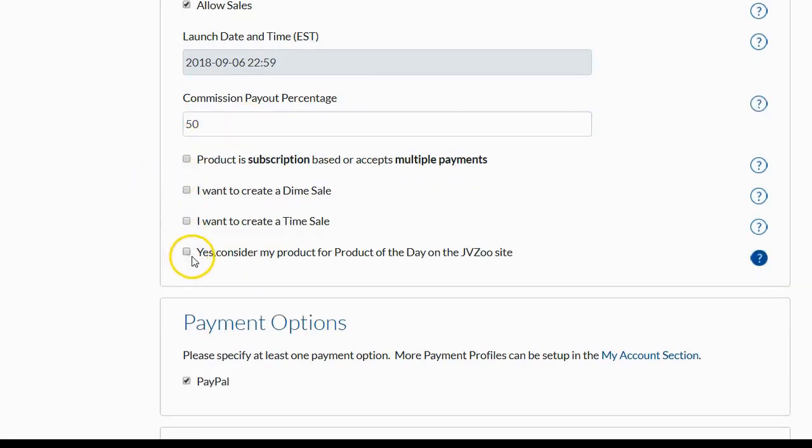It's going to ask you if you want to be considered for product of the day. Now, I'm going to be very honest. You're unlikely to get picked as product of the day unless you're well established and well known in this space. And because of that,